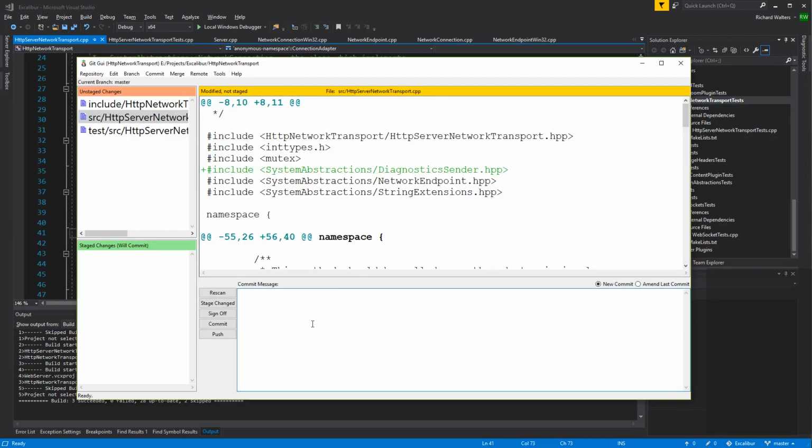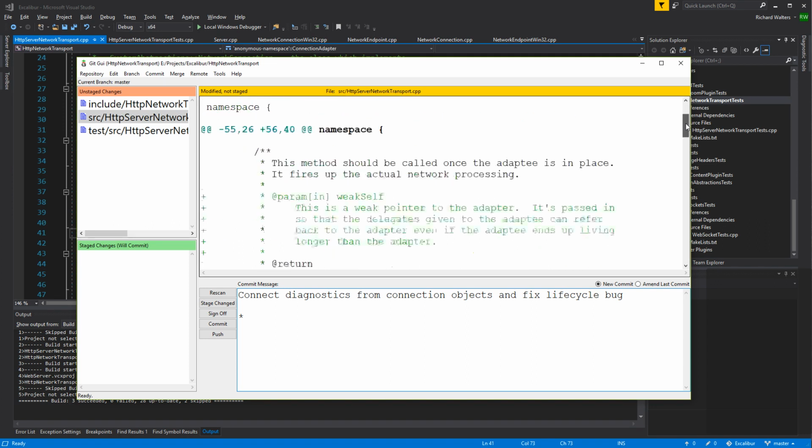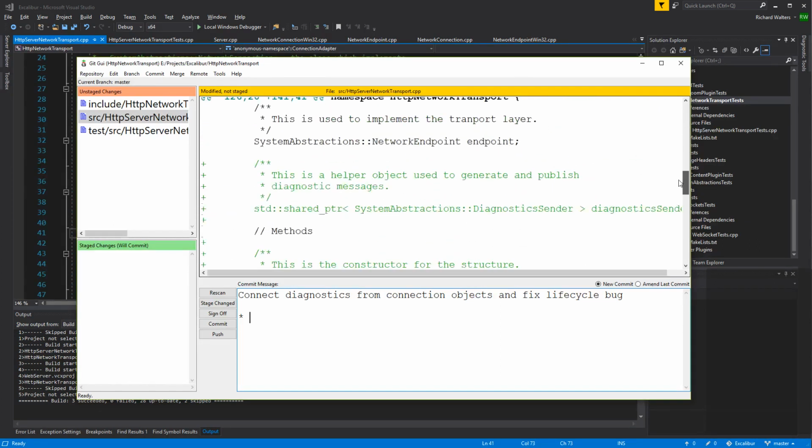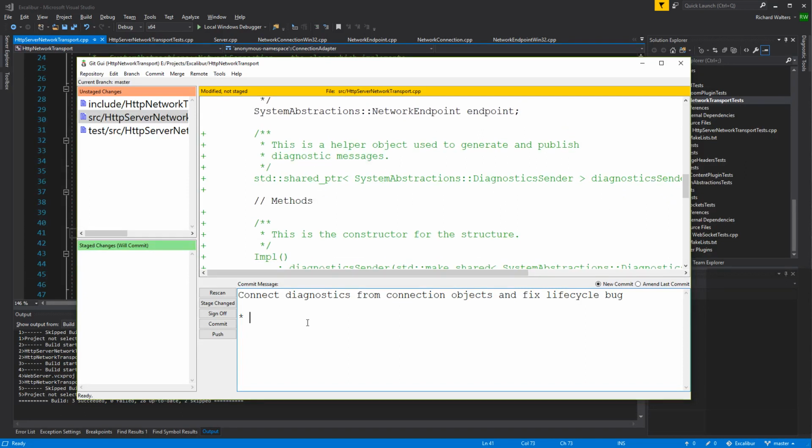Okay, so we'll say 2 things. Connect diagnostics from connection objects and fix life cycle bug. So the first thing was this.